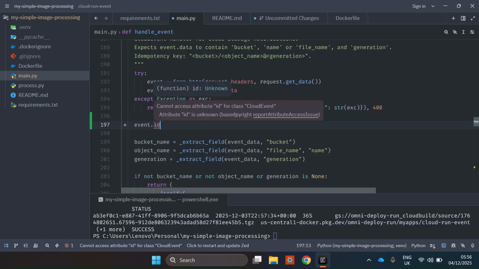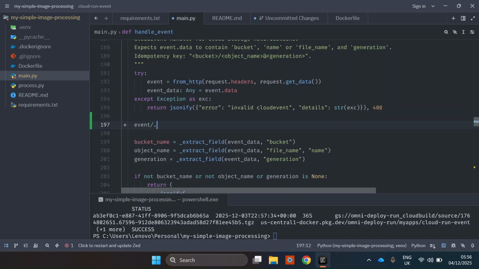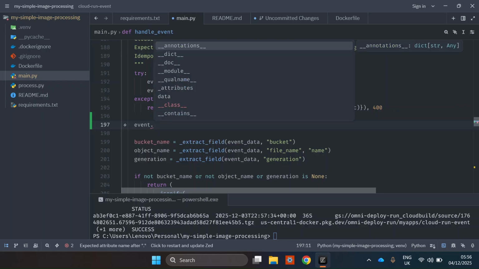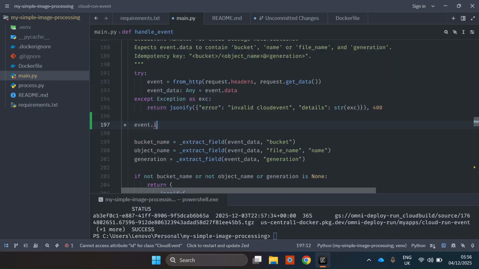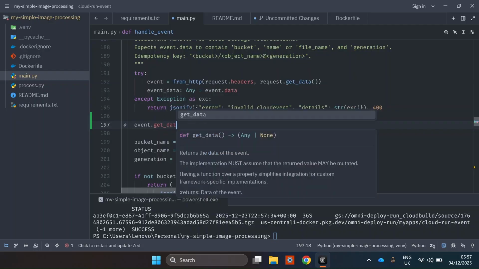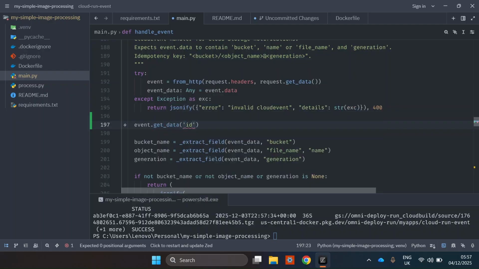an ID to your event. You probably have to get it through event.getData, and then you probably have to get it through the ID. So you have something like maybe get,